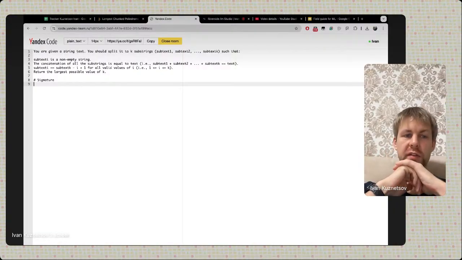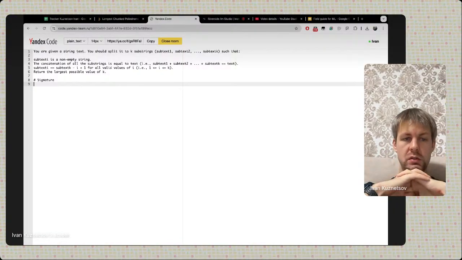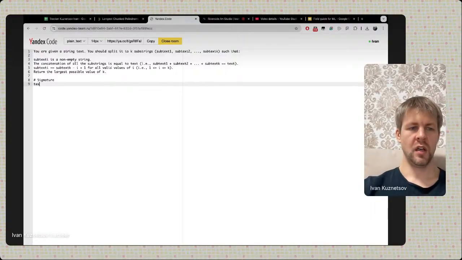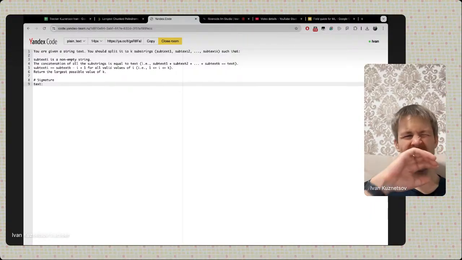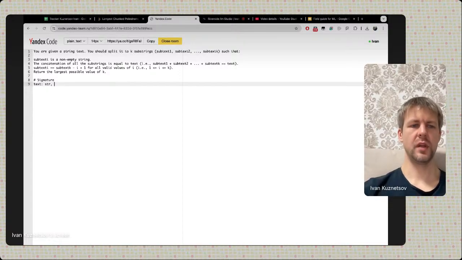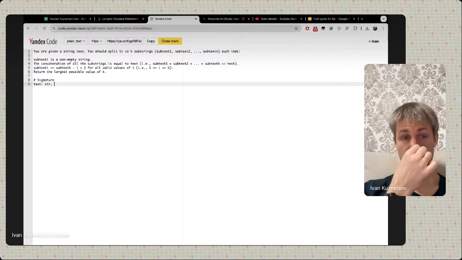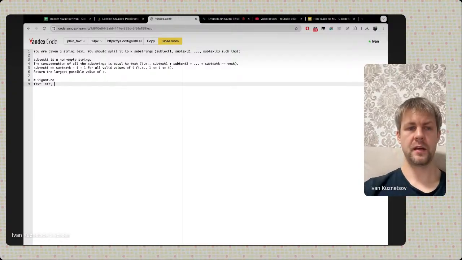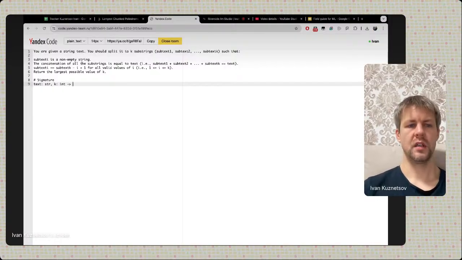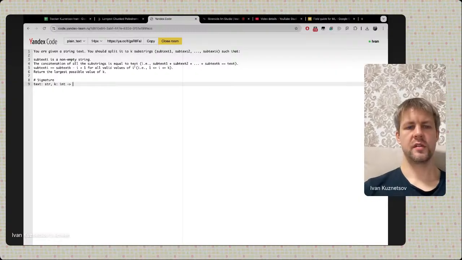Okay, you're given a string text. You should split it into k substrings such that the ith subtext is a non-empty string. So we have text, and k is an integer. The concatenation of all substrings is equal to text. Subtext ith is